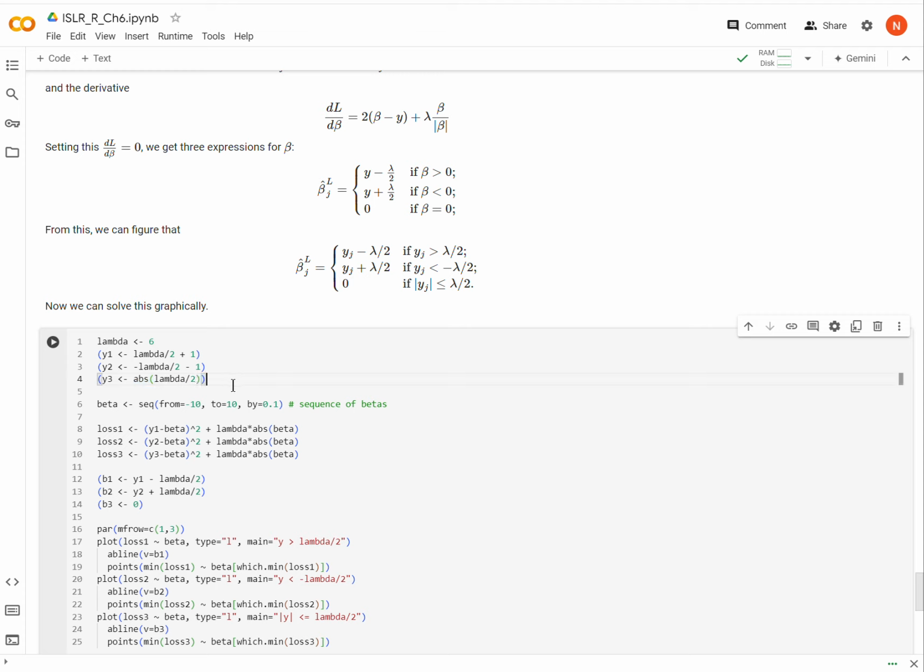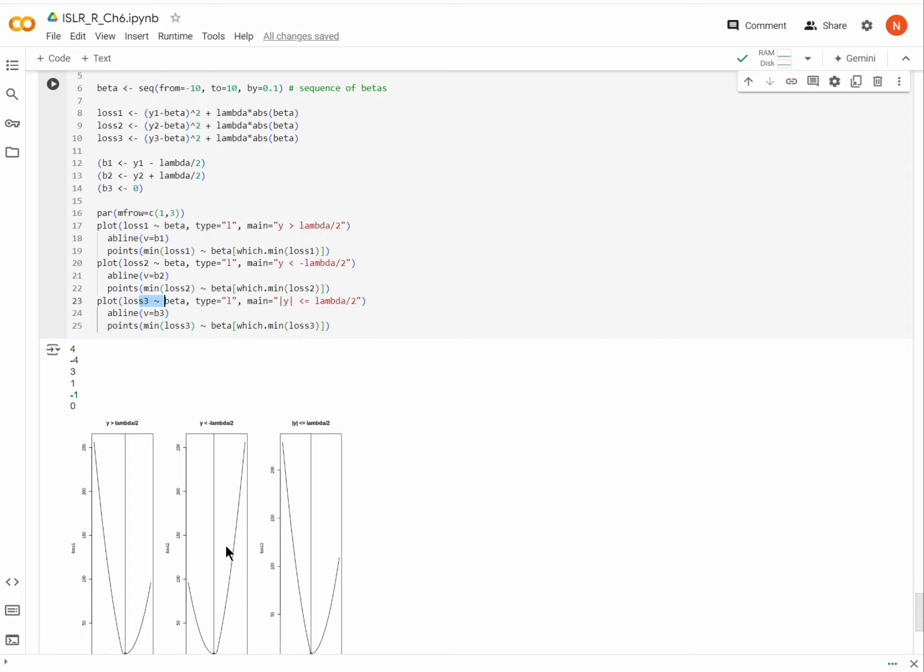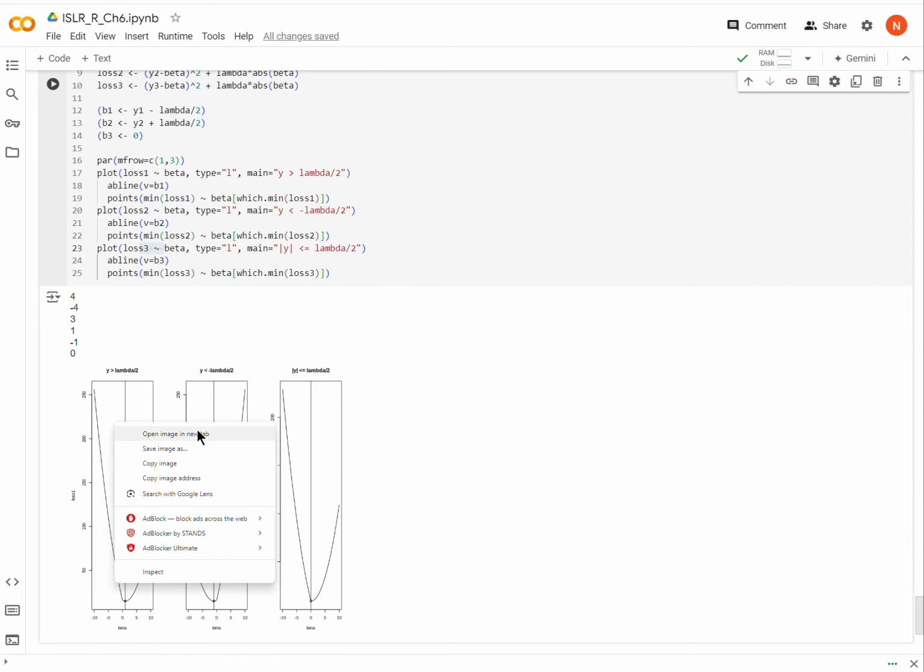Okay, so now for each of these, I need to calculate a different loss function. And that's what I'm doing here, for each different y value. And then I have my analytical solutions, which we just found, and I'm encoding those as B1, B2, B3, beta 1, beta 2, beta 3. And now I'm going to plot that. So I'm going to plot the first y where y is greater than lambda over 2, where it's less than lambda over 2, and then where they're equal. And so here are the 3 plots,